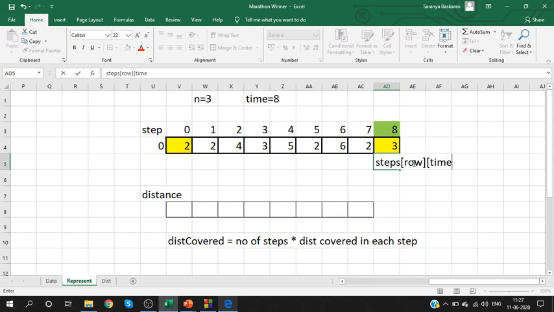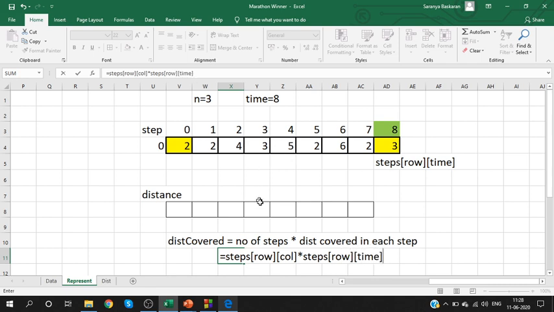Yes, step of row of time. Can you all understand this? Steps of row of time. With this, multiply the distance covered. The distance covered is last index. So the formula is steps of row and column, which is some cell, multiplied with the last cell.